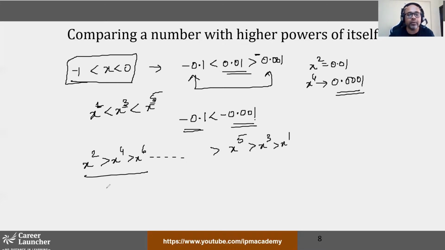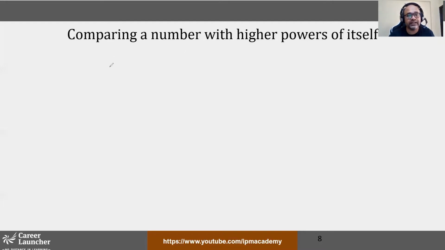All of them, because these are all positive and these are all negative. So anyway, positive is always greater than negative. So this is something, again, to be kept in mind. And of course, when x becomes greater than or lesser than minus 1, so when x is in this range,